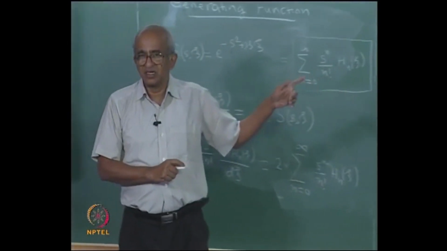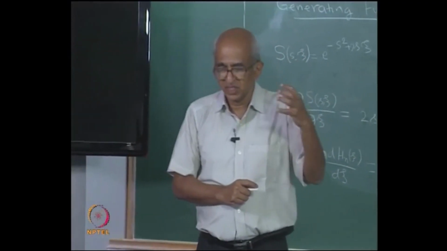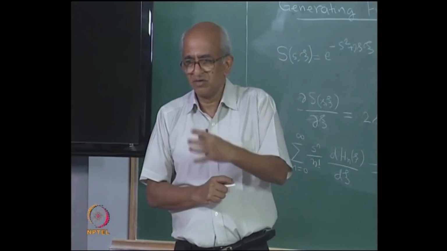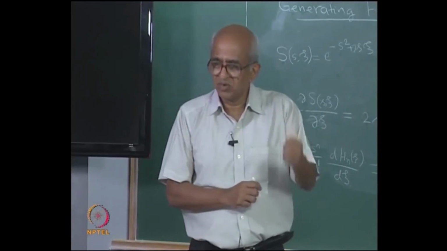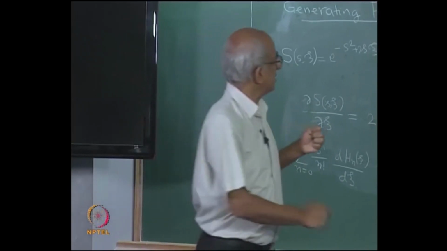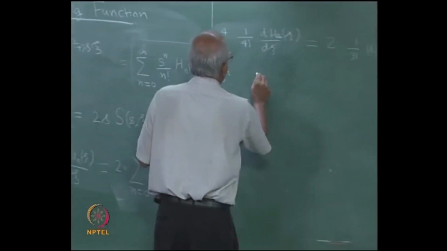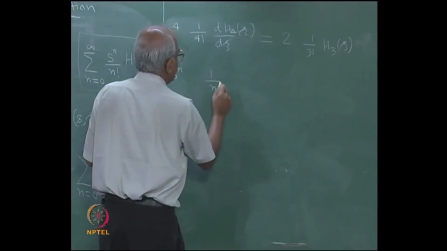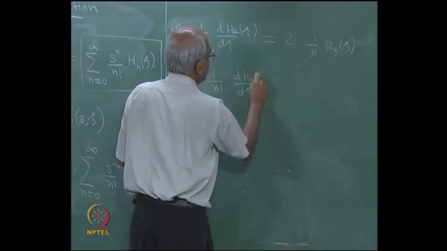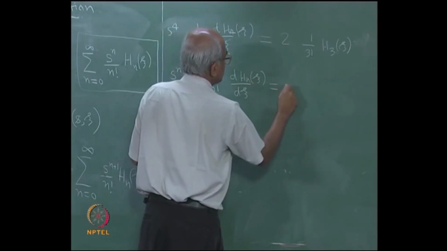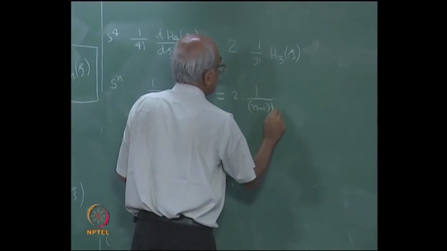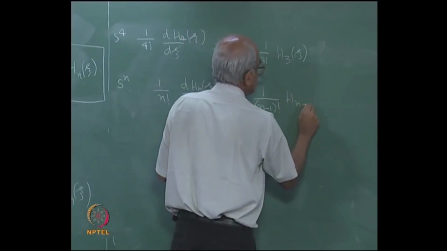Here I have just illustrated the point by equating the coefficients of s to the power of 4, but instead of that, suppose I had equated the coefficients of s to the power of n, what would be the result? The result would be very simple. I would have the result that 1 by n factorial d hn by dx c is equal to 2 divided by n minus 1 factorial h n minus 1 c,